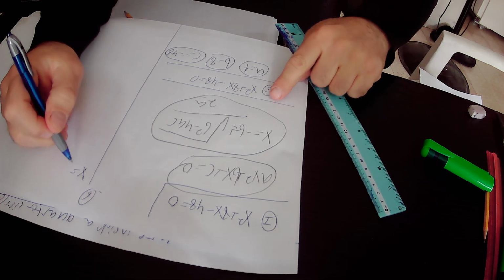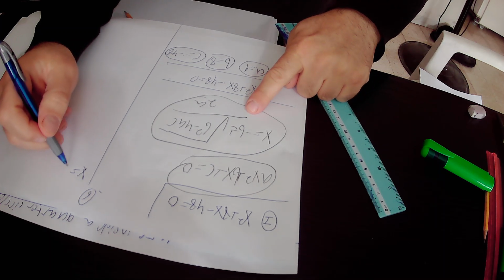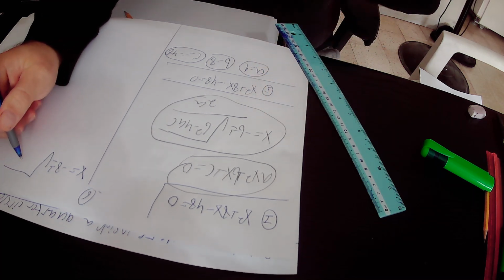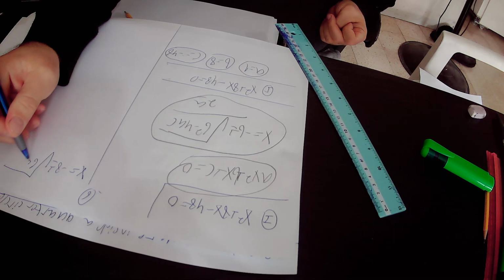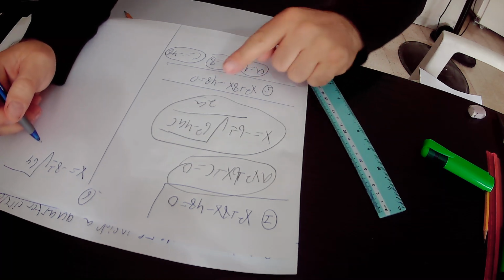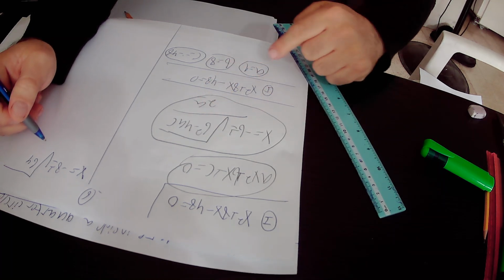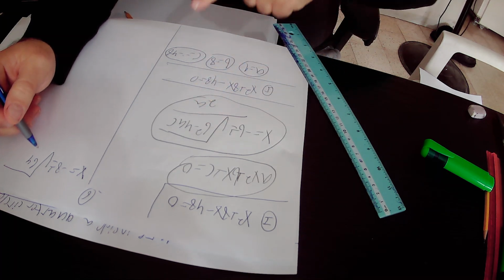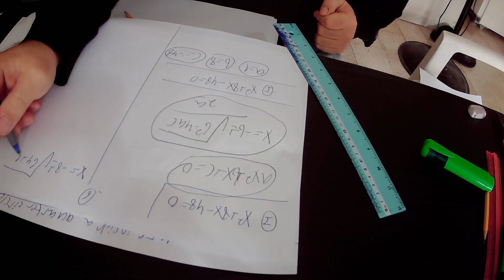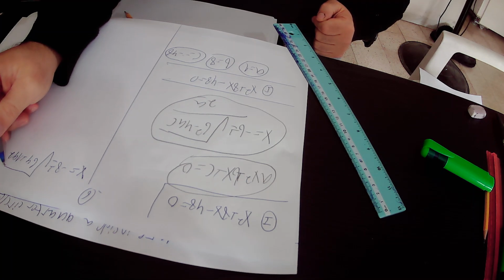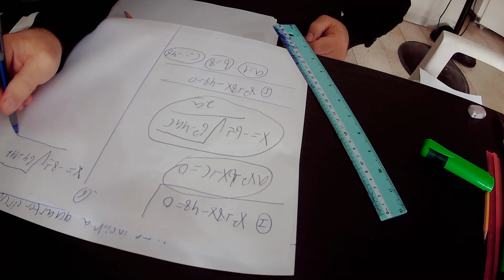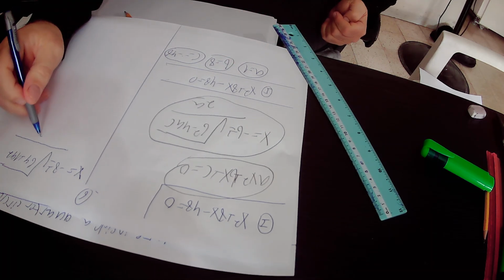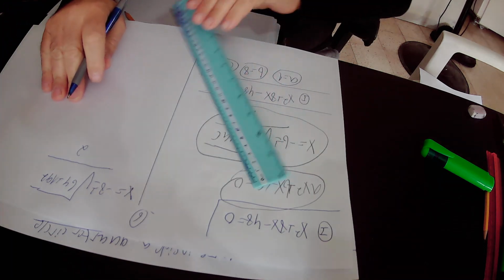x equals minus b. b is 8, therefore minus b is minus 8, plus minus square root of b squared. b is 8, therefore b squared is 8 squared, that is 64, minus 4 times a, a is 1, so minus 4 times 1 is minus 4, times c is minus 48, so minus 4 times minus 48 is plus 192. So inside the root we have 64 plus 192 divided by 2a. a is 1, so 2a is 2 times 1, that is 2. So we found out that